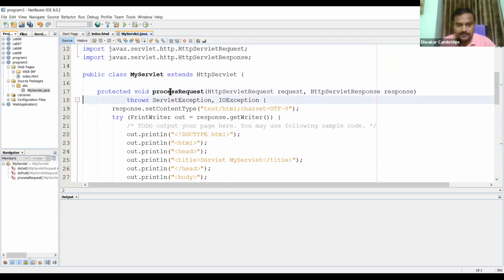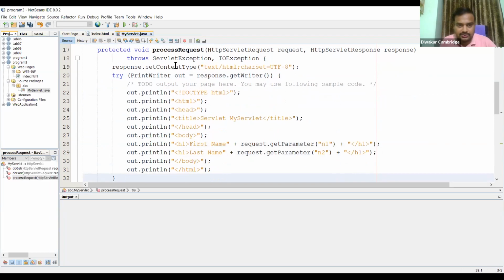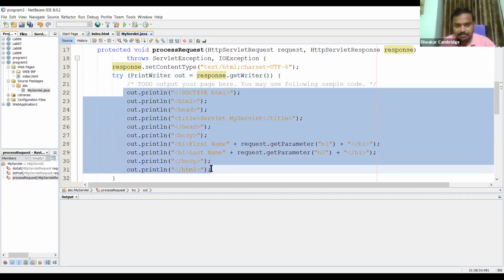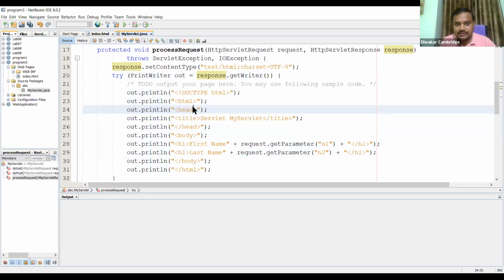Then you are using the PrintWriter object, building a buffer object here, out. Now you are going to dynamically create one HTML page. In the servlet you place the HTML code inside the Java code.